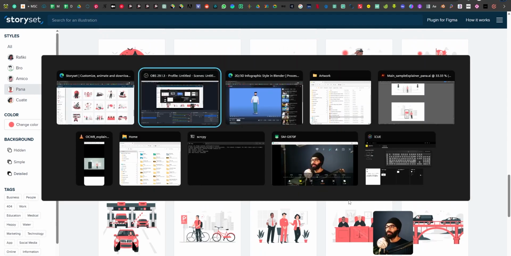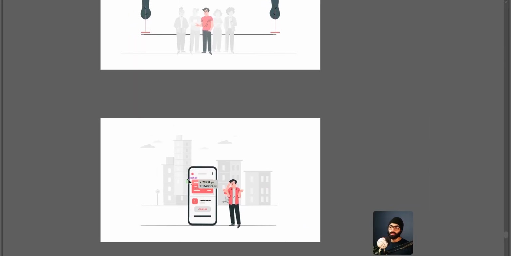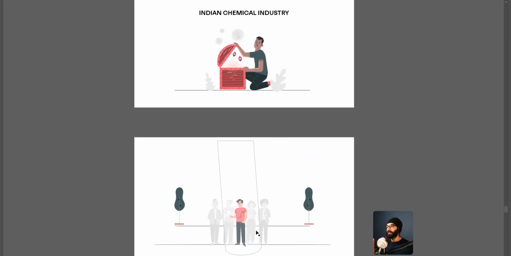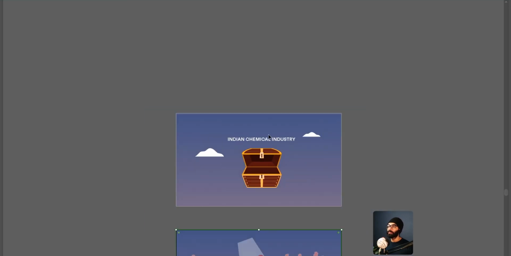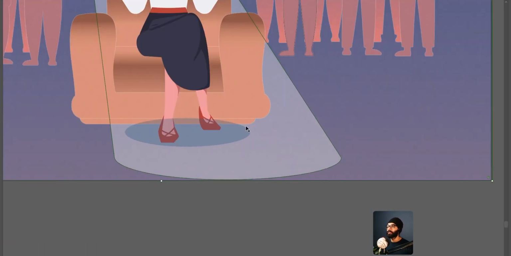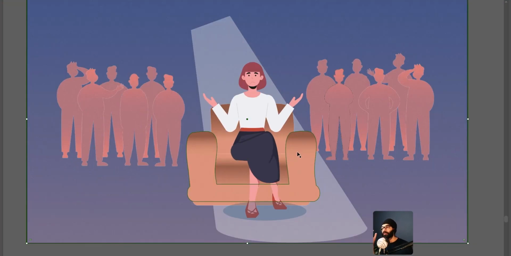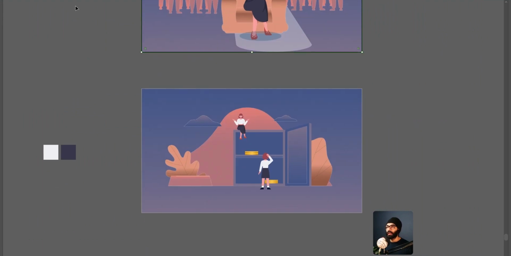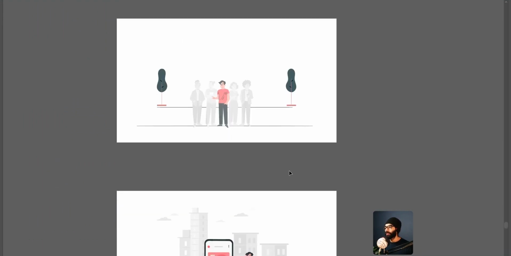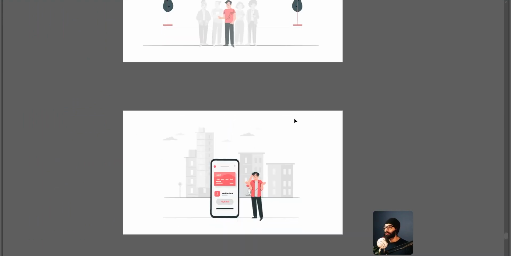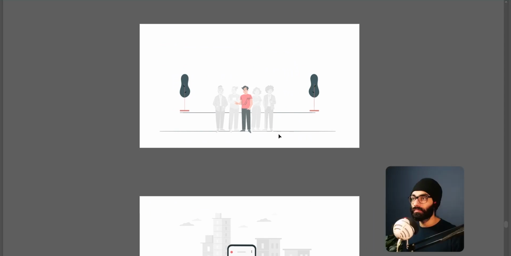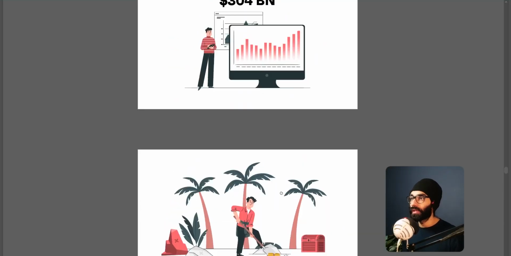So I went only for Pana illustrations, and then my artboard looked something like this. Over here, if you see, I was trying to put in a lot of elements and make it very crowded. And this is looking like an animation from 2015, very childish and amateur. I didn't want to go that route. I want to go the very professional studio route, where people feel this is a proper animation.